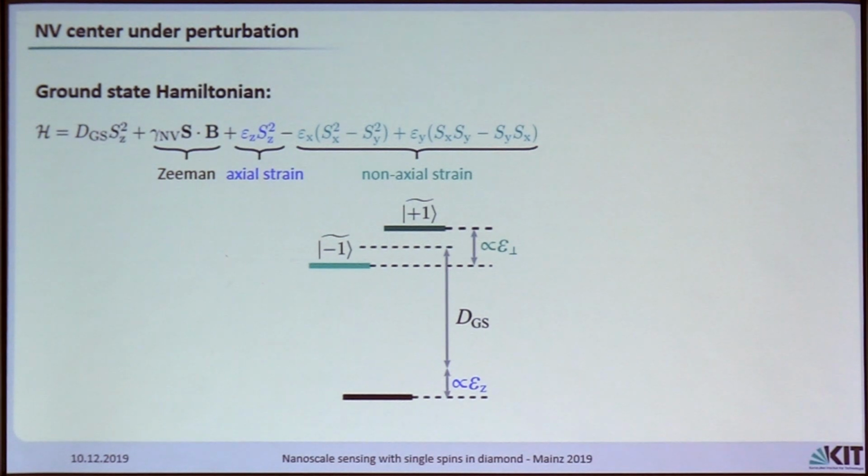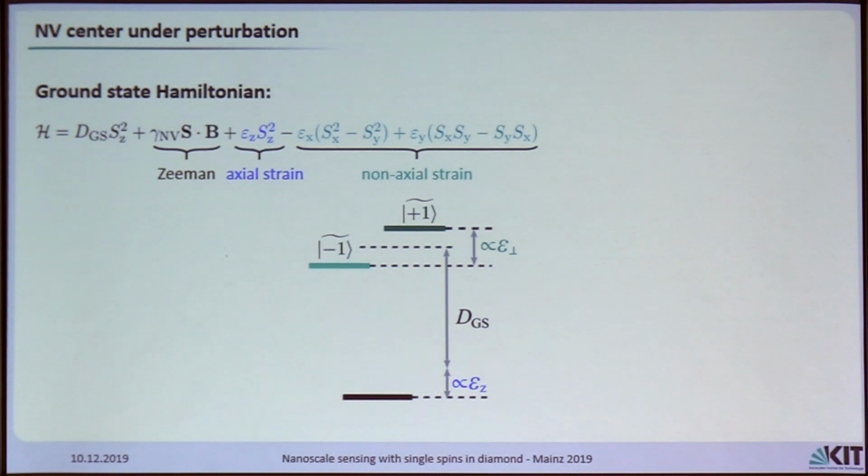And now to the strain. So we have the normal strain only, no shear involved here in the NV center. And so we have axial strain and non-axial strain, and the Hamiltonian looks like this. So axial strain has finally the influence that we effectively shift the 2 sublevels up with increasing axial strain. And the